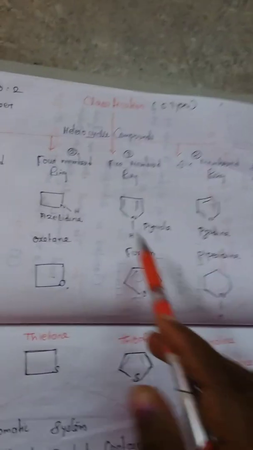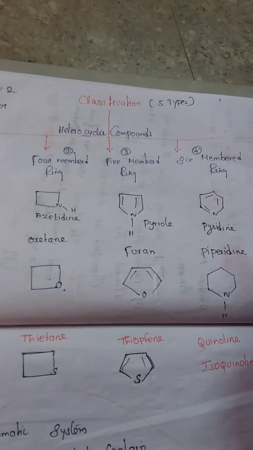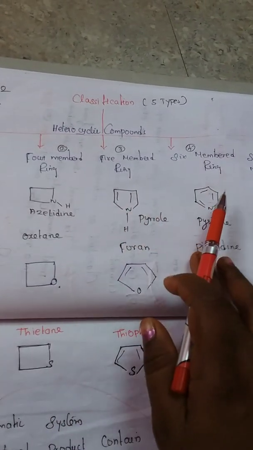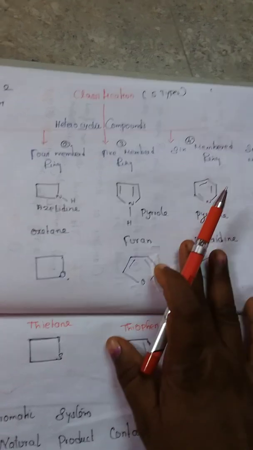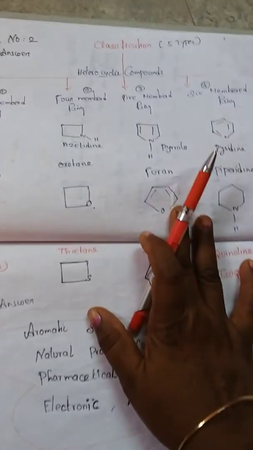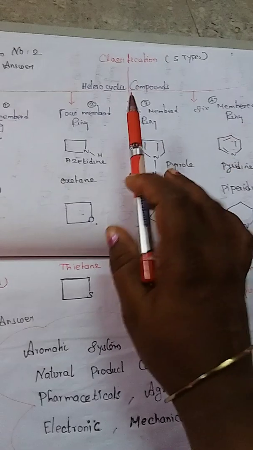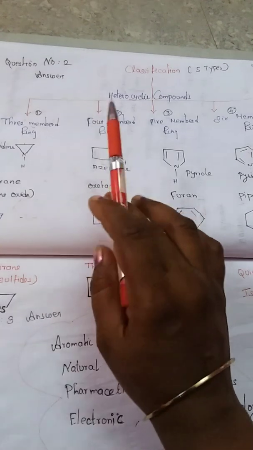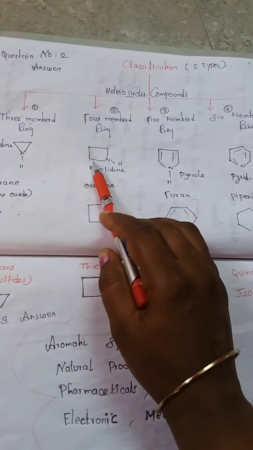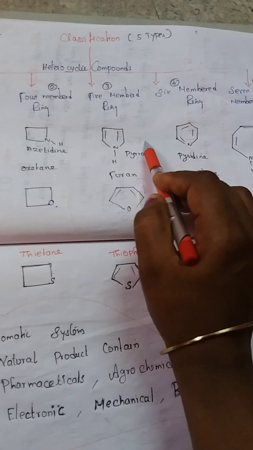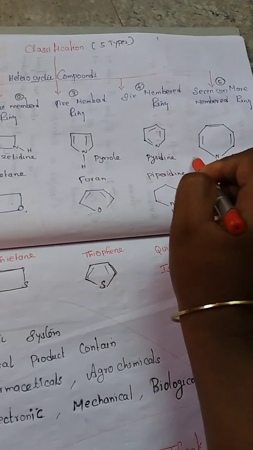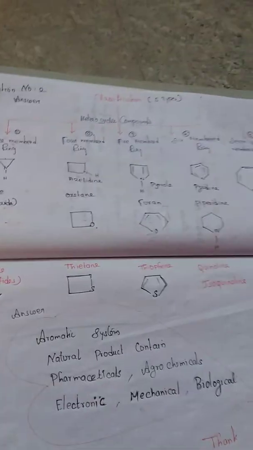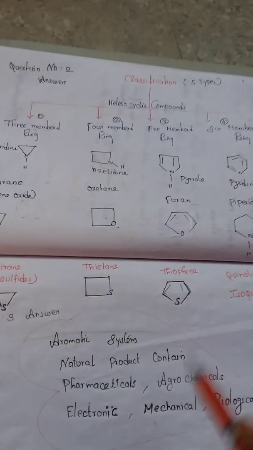In organic chemistry the topic is classified into two types only, 5-membered and 6-membered rings. But I will see five types of heterocyclic compounds: 3-member ring, 4-member ring, 5-member ring, 6-member ring, and 7 or more member ring. Now I am going to give examples.